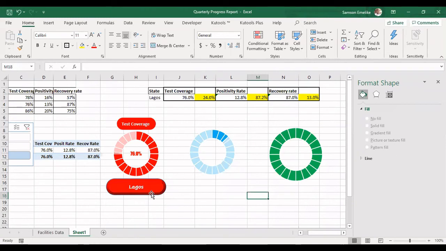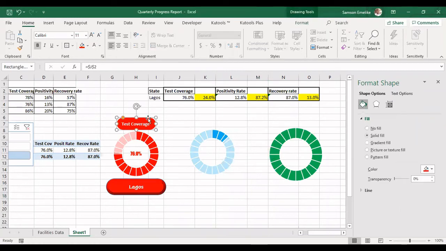So I need to do all the same thing I did here to this. Because I have already done this, I can copy this and paste them here. However, when you are working with objects and you copy and paste and you change anything, a lot of formatting will change and you need to repeat them. So right now I am selecting this,